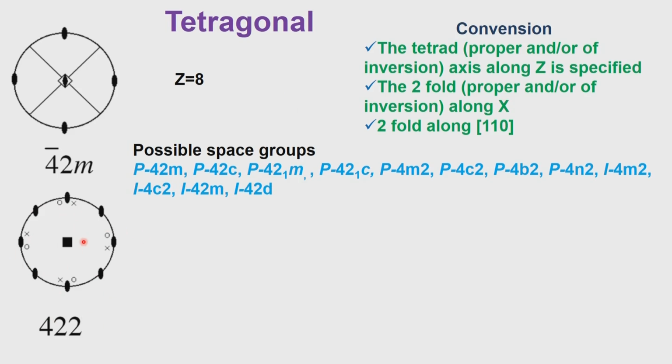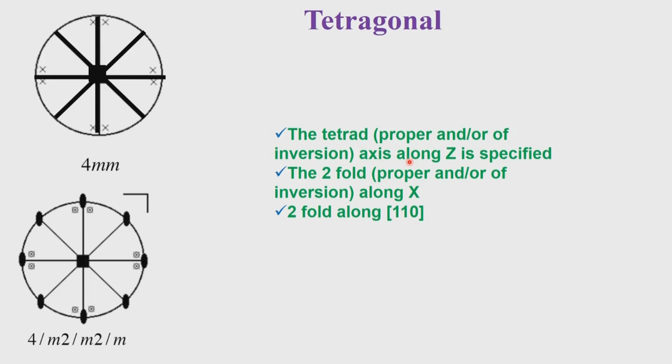From 4 it will go to 8, because there are additional twofold symmetries which occur due to the fourfold operation. So this fourfold operation will take 4 of these twofold screws, and between these screws we develop additional twofold screw operations. So the number of available symmetry operations will start increasing. In fact, they will multiply. As a consequence, you will end up with several possible space groups written like this, and therefore tetragonal also has a very large number of space groups that can be generated.